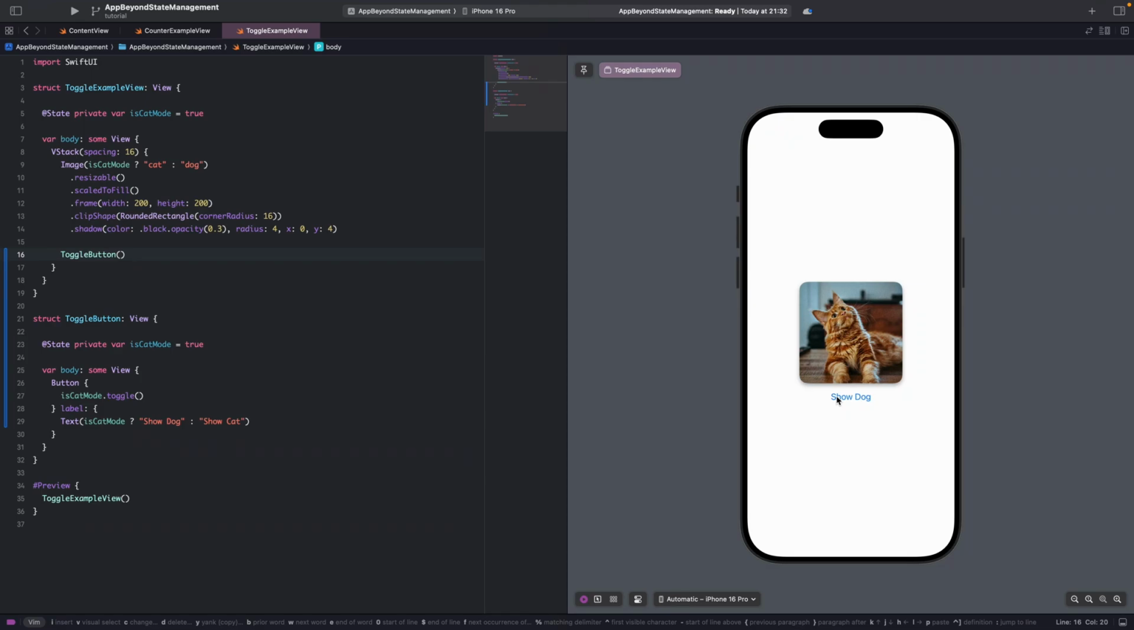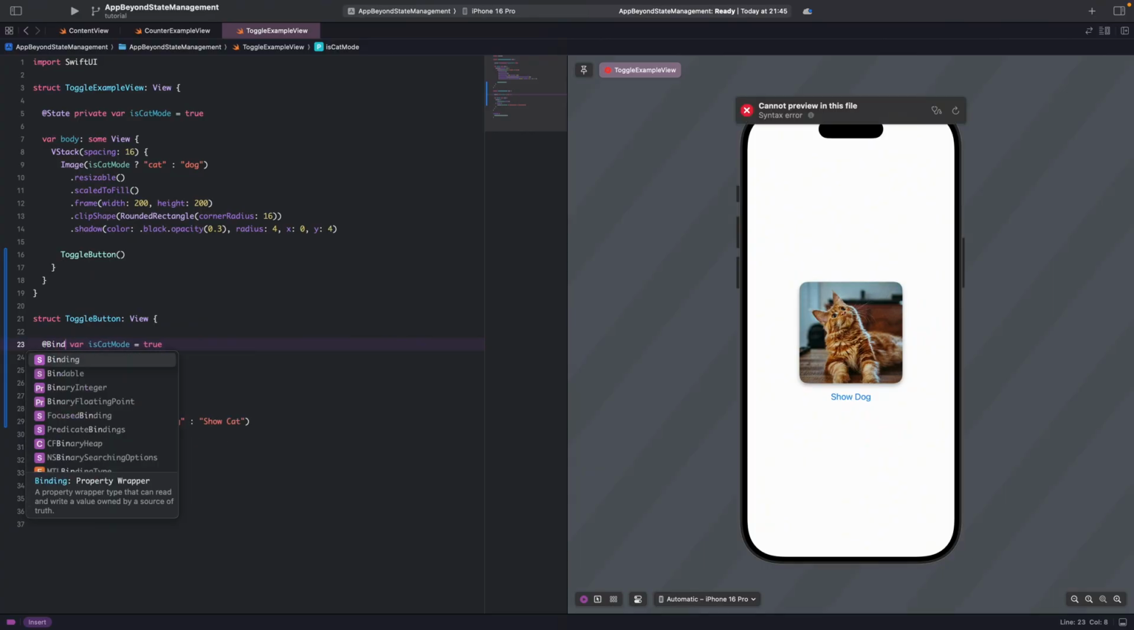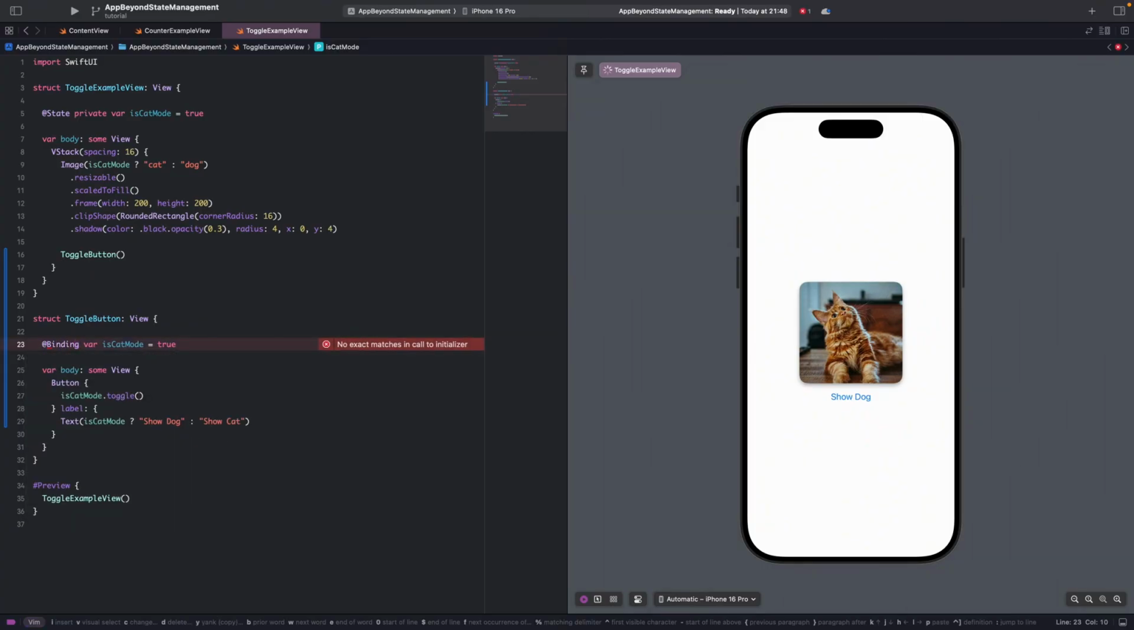You can see that the button changes, but the image doesn't change. It's because when we define the state like this, state belongs to the toggle button alone. The state doesn't share between the parent view and the child view. To fix that, I will change @State private to @Binding, and remove the default value and change to the type Boolean. Then